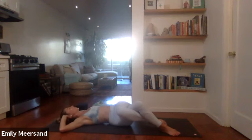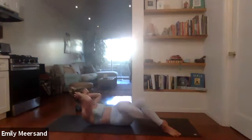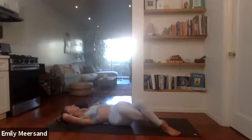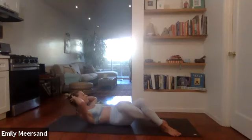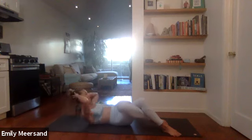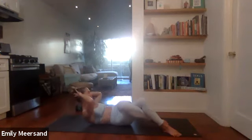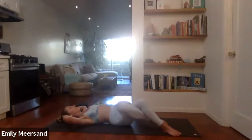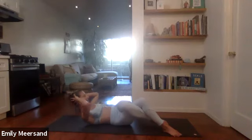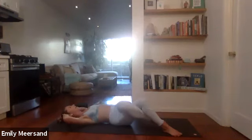So take a full breath in. Exhale, lift it up. Snap the navel down. 9 more. Inhale to lower. Exhale, lift. You can go at your own pace or stay with me. Inhale, lower. Exhale, lift. Inhale, lower. Exhale, squeeze. Lower and lift. Down and up. For 5,